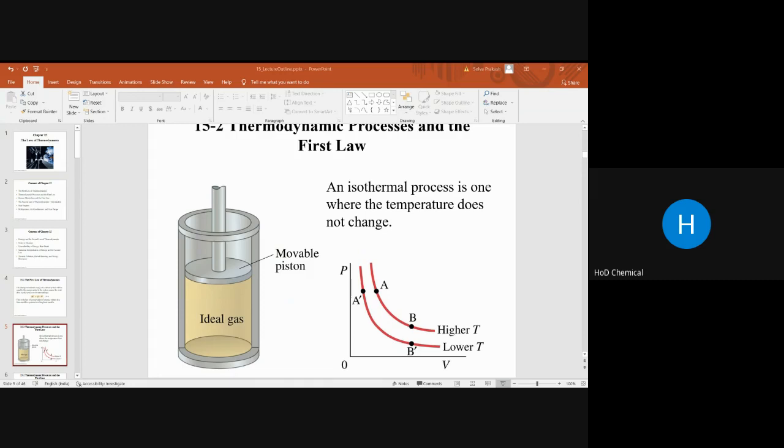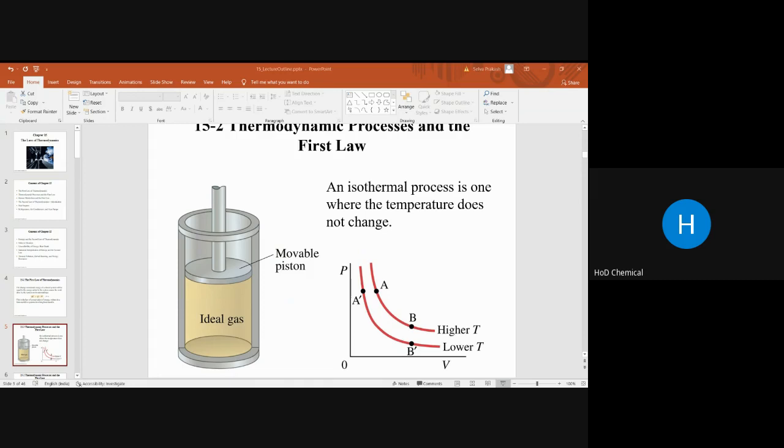Like in this diagram, this is the movable piston and this one is the ideal gas. Now, the power applied by the moving piston is the power isothermal. We already know about the constant pressure and constant volume terms. Now, why is the constant pressure greater than the constant volume? We all know about the pressure and volume terms from school level also.